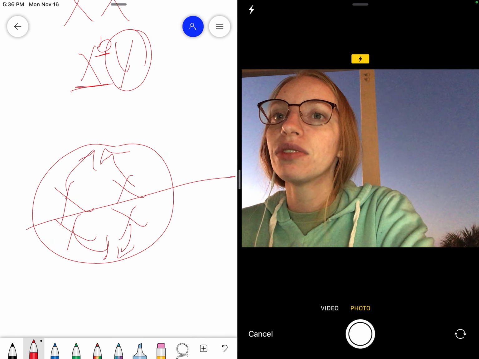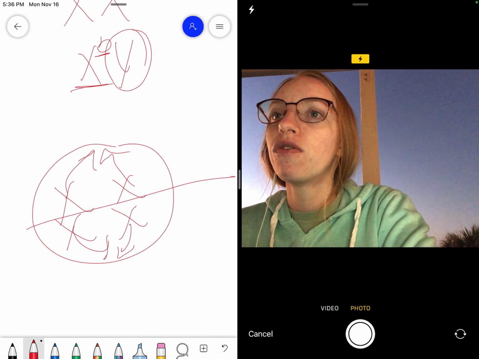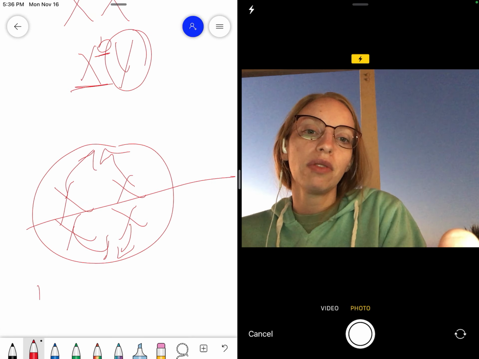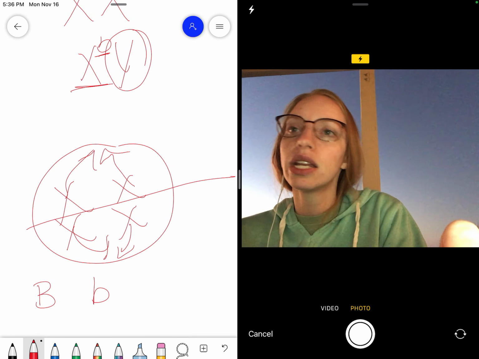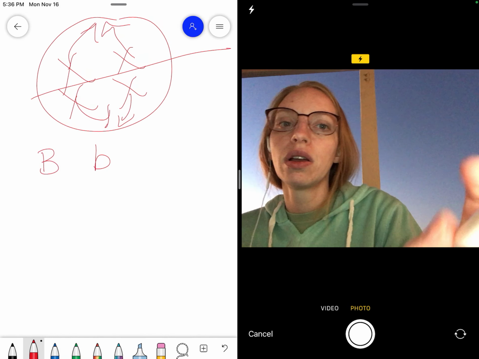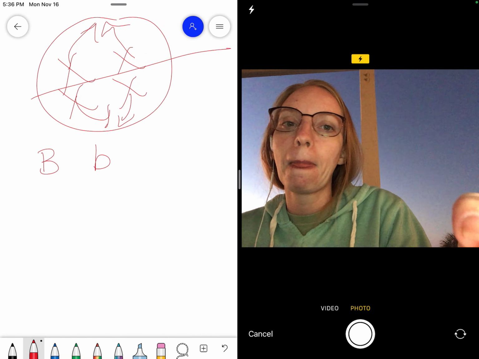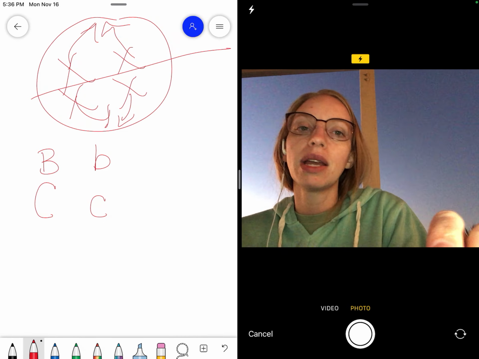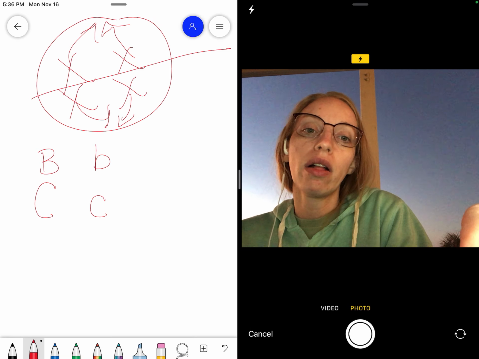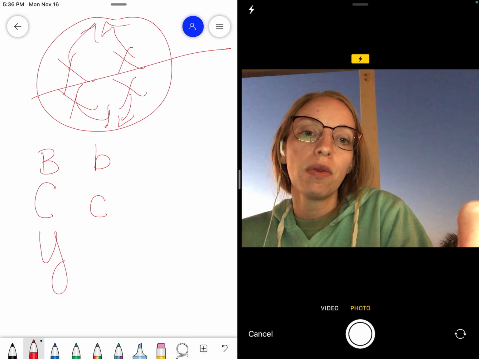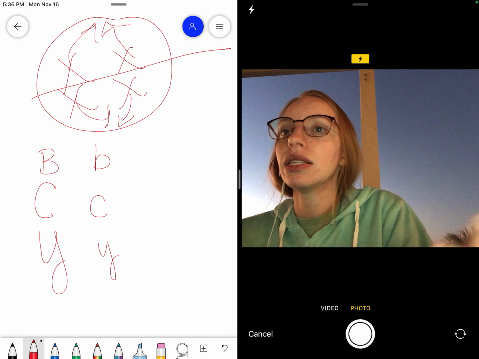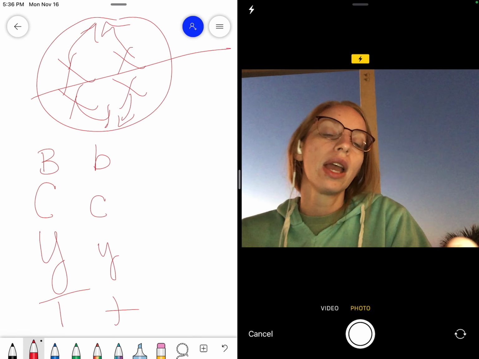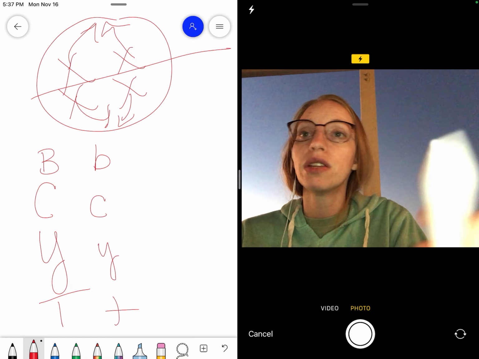I said write genotypes for an organism with 4 traits. So you will be given a list of different traits. It'll tell you like this is blue, this is green, and it'll tell you this is like curly fur, this is straight fur. It might tell you that the eye color might be yellow or it might be white, and it might tell you that they could be tall or short,